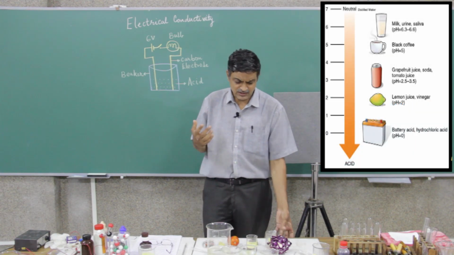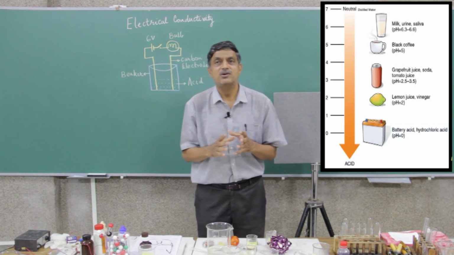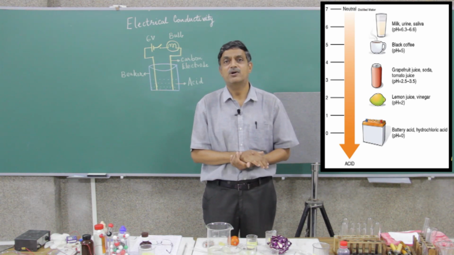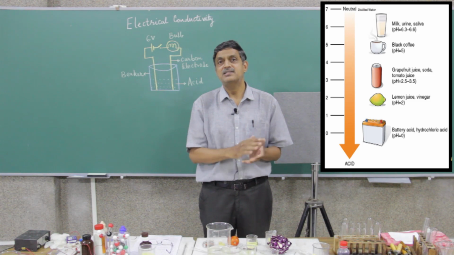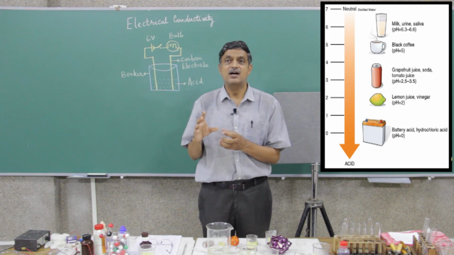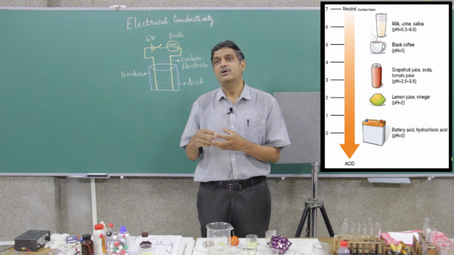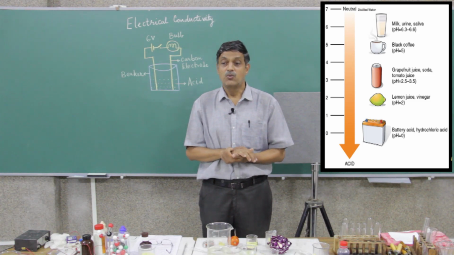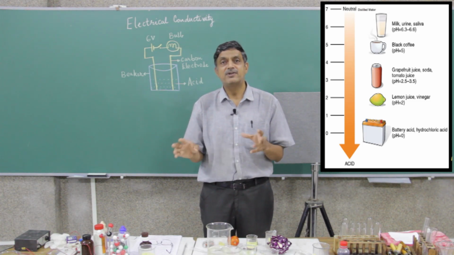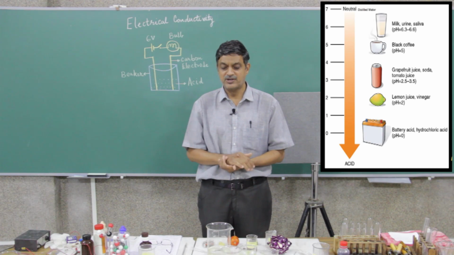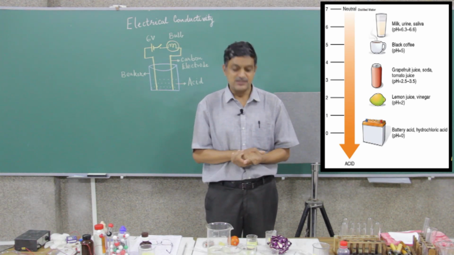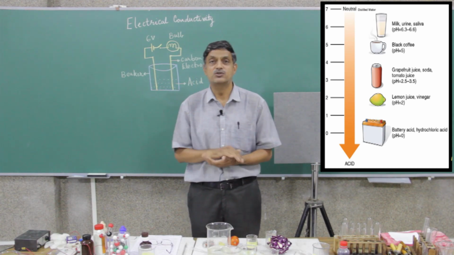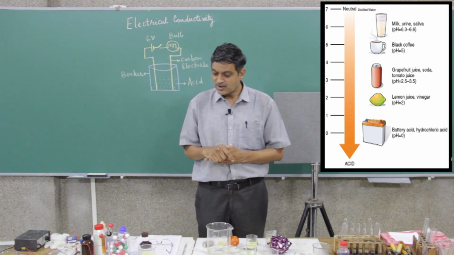So, strong acids are those where hydronium ions can be very easily formed in distilled water. Weak acids are those like acetic acid, where hydronium ions are formed but very small in number. Why this difference arises between different acids is another very important question, but we are not going to answer that in this module. It is beyond our scope. Now, having said that,